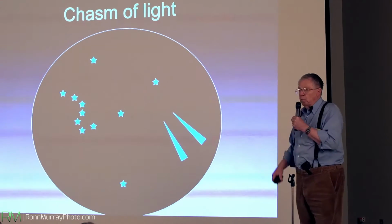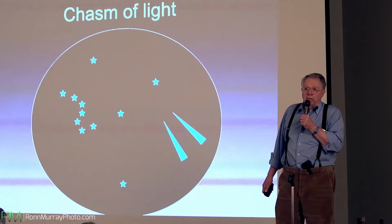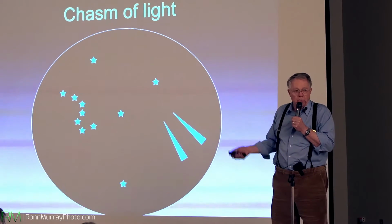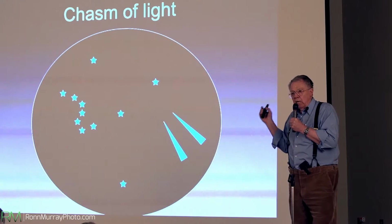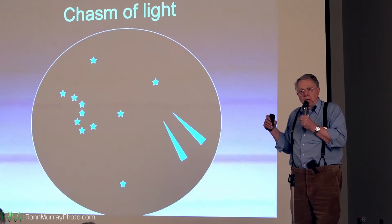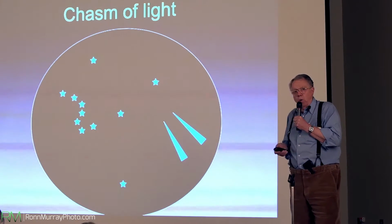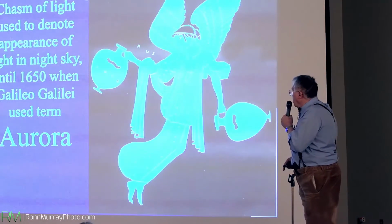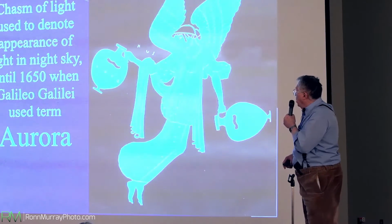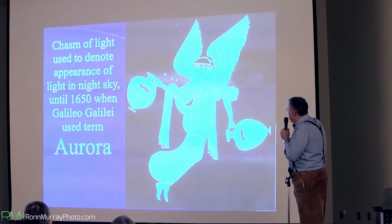So once you go back in history from about 1,500 back to 4,000 years ago, you'll find a pretty good description of chasms of light in the sky, and the other information that goes with them makes us think we pretty well know what they were talking about was an aurora. Galileo Galilei was the one who decided that it sort of looks like the Roman goddess of dawn,